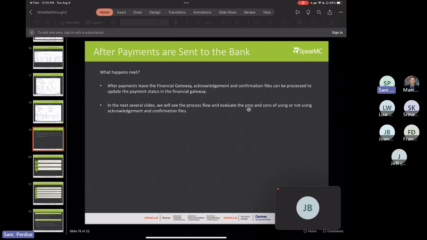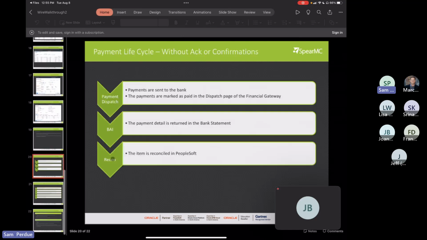And there's pros and cons for using them or not using them. Okay, and I'm going to step through that here in the next 5 minutes. Fortunately, I'm at the end of my slide deck here. So if we aren't using acknowledgements and confirmations,